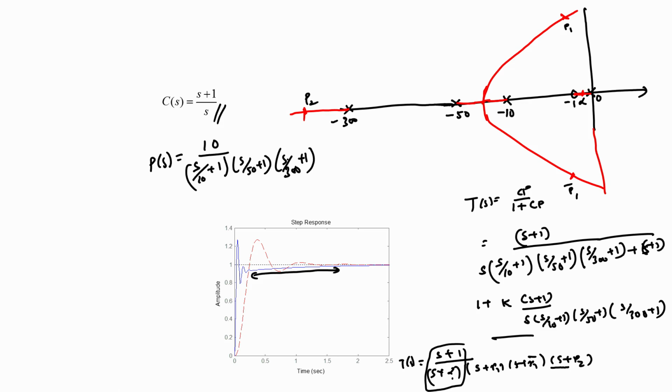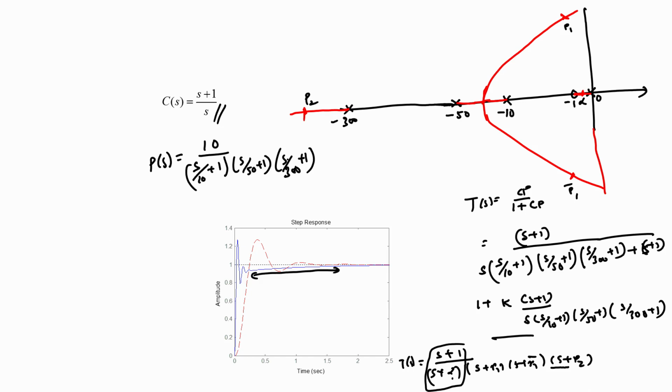One can easily understand that by noting that you have this term s plus 1 also in the numerator, and when the gain is high, the point alpha will be close to the point minus 1, because the root locus always ends in a 0. Therefore, when the open loop gain is high, the point alpha will be close to the point minus 1. So the numerator s plus 1 will essentially cancel this pole, and therefore will prevent it from dominating the response of the overall system.